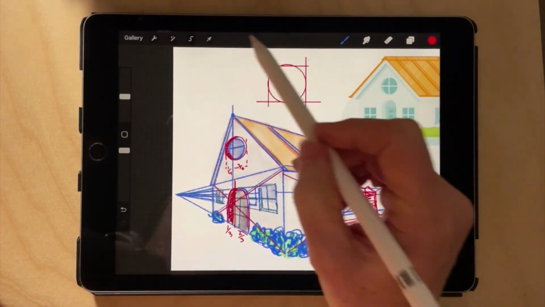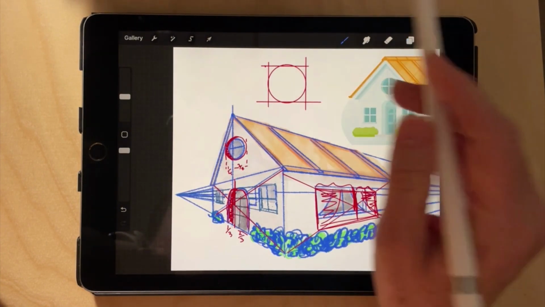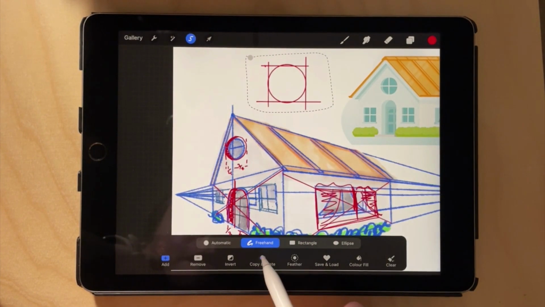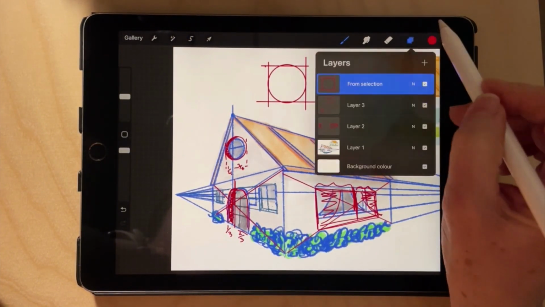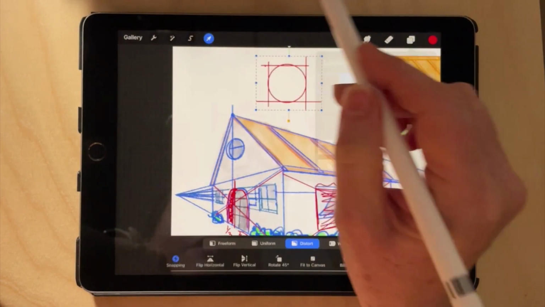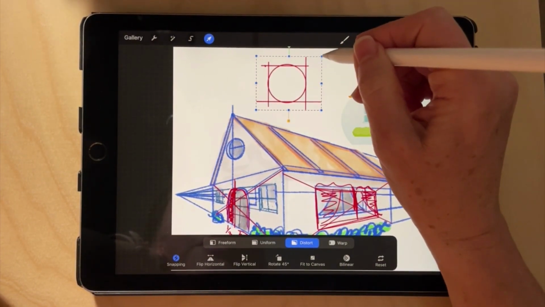If I then, is it on a different layer? Let me just put it on its own layer so that I can work with it with transform. So copy paste. Here it is on its own layer. I'm going to hide the layer underneath. Okay, so now I want to distort this. So I'm going to